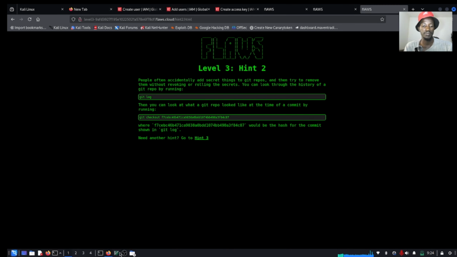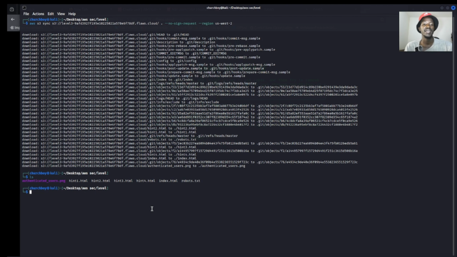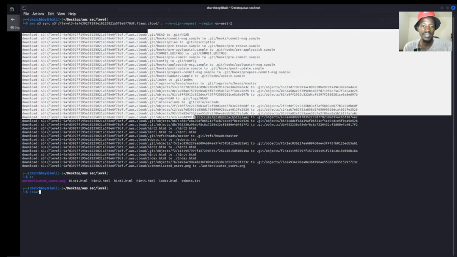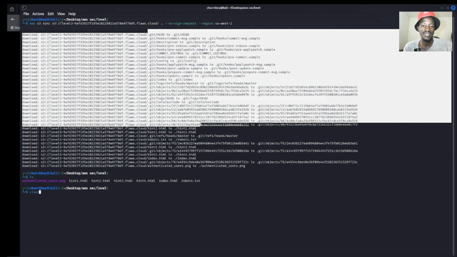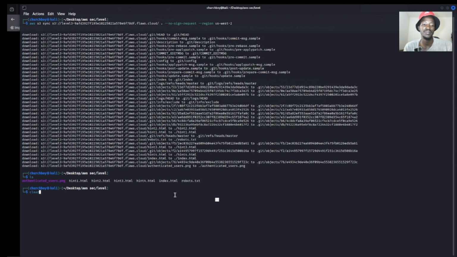I take you back here, and let me just show you something. While the file was downloading, you can see we had something like git, before it started the hint 1, hint 2. But when we put the ls command that lists, we cannot see them. So we have a command called